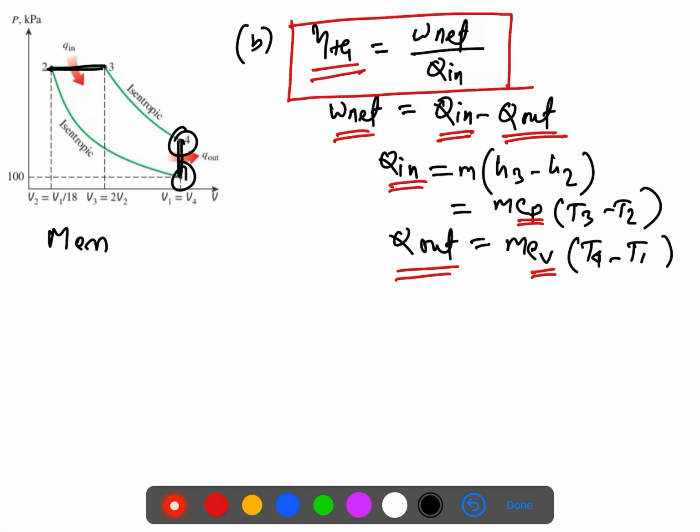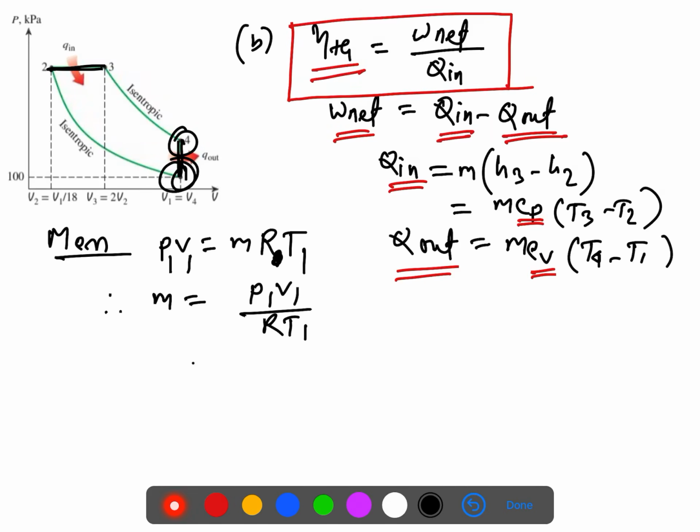We know when we need mass, then the formula is PV equals mRT. We know the gas constant and the ideal gas equation. So instead of this, we can write P1V1 equals mRT1. So if we consider this process 1, the mass will be P1V1 over RT1. So P1, we know the pressure is 100, V1 is